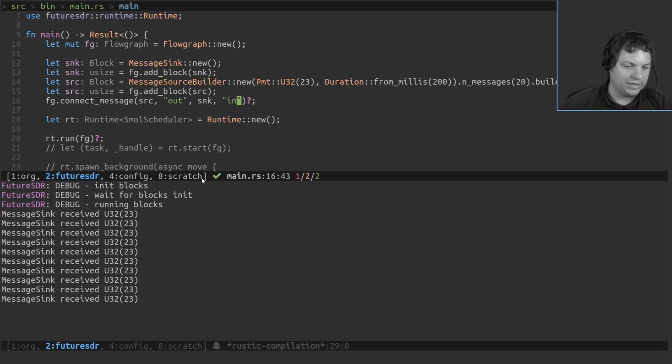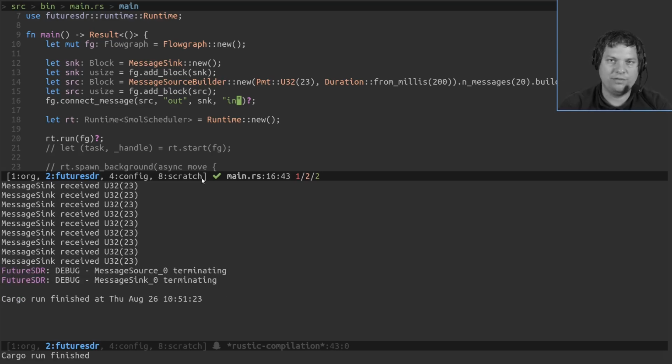Okay, so now we can see that this is now kind of a separate flow graph. We don't interact with it from the outside. It is just running. It's calling the message handlers, and everything's grand. Okay, so I think for this segment we leave it with this, and then can go over and try some other ways to interact with the flow graph and the message handler.